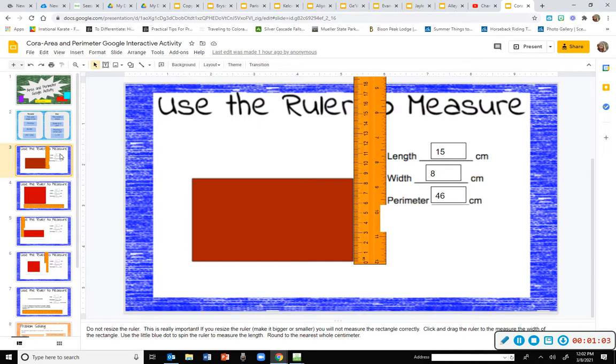Now for the first one, you had to use your ruler to find this. You had to move this ruler to measure the length and the width. So to the nearest centimeter, this would have been 8. And then if you flipped it back around,